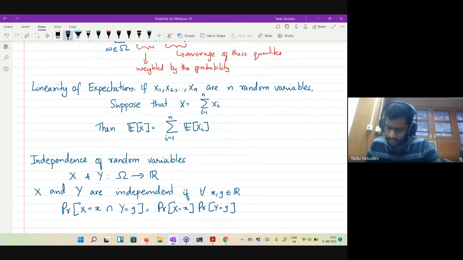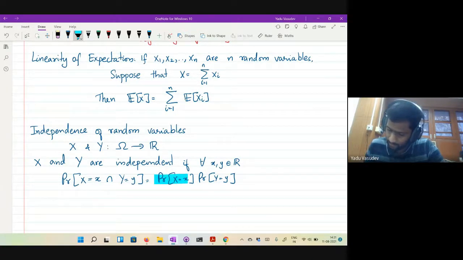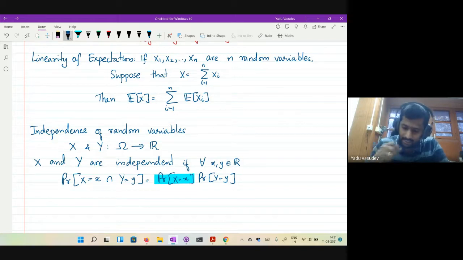Okay, let me just explain what this means. It's probably clear, but let me explain anyway. The notation has slightly changed: small x is a real number, and capital X is a random variable that takes a real number value. So what does this mean? You can look at all the subsets.